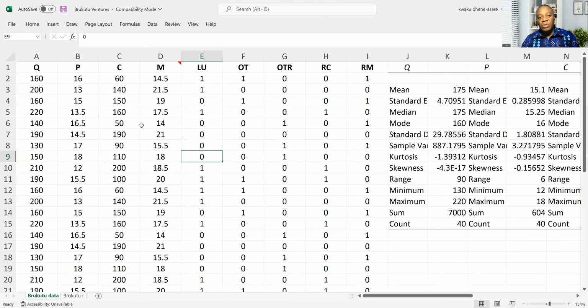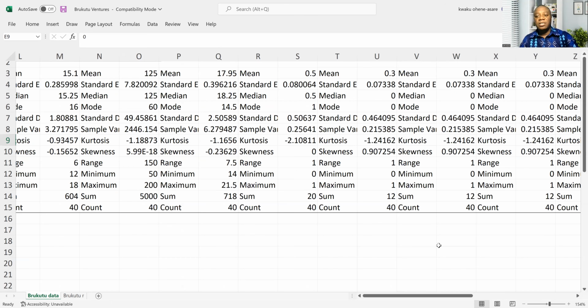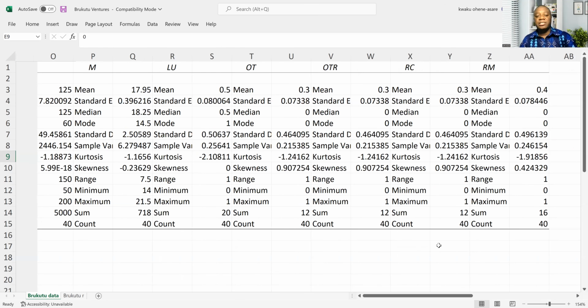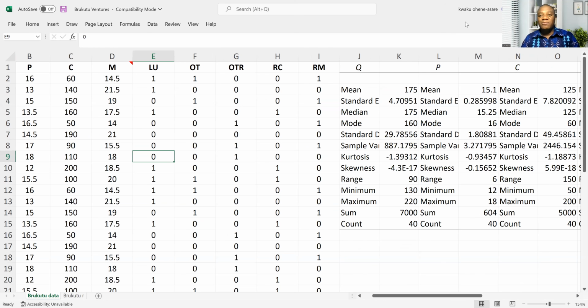The last time we met, we generated descriptive statistics for this data, on the coded data. We also generated a correlation matrix. In fact, if you check here, this was the descriptive statistics that you see. Correlation matrix, it was so fast. We did it so fast. In fact, if I were to do it so fast again,